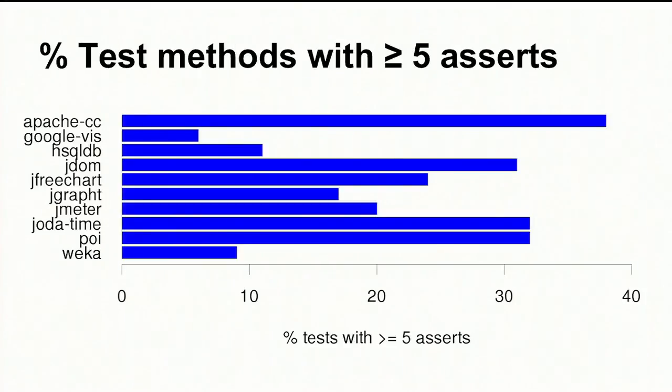And so here, the vast majority of test methods are pretty simple and contain fewer than 5 asserts. In particular, I believe the geometric mean here is somewhere in the 30% range. Apache Commons Collections has the most complicated test methods here, the highest number of complicated test methods. Google Visualization has test methods that are very simple. I believe that most of them do various things, and then they have a fail call if the state is not as expected. And usually you have at least 70% of the test cases which are pretty simple.